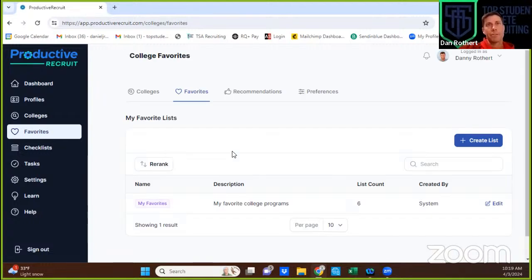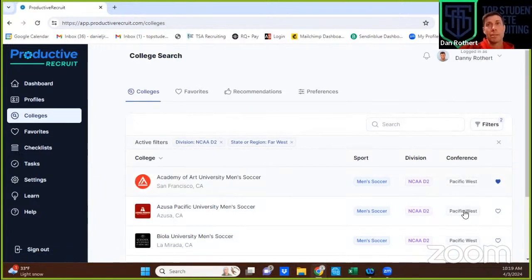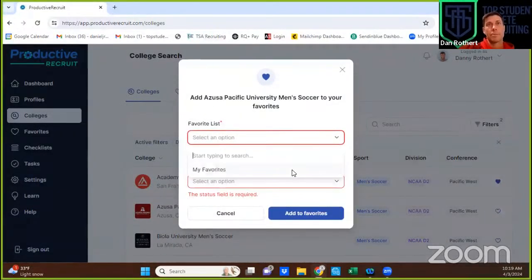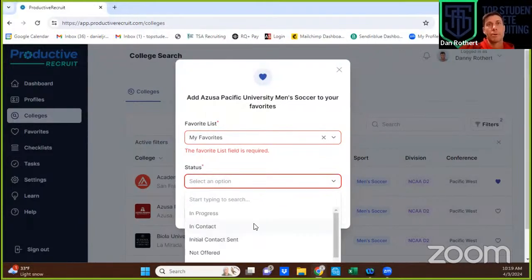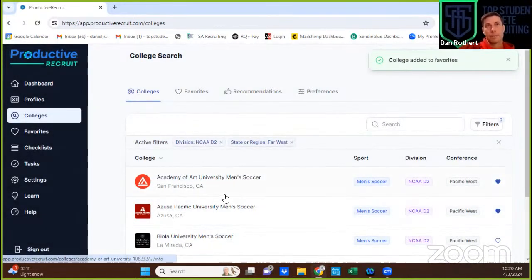You want to add favorites. So as you start them, if I'm in the colleges, and I'm looking at Susan Pacific and I heart them, they become a favorite. My favorites, and then initial contact sent, maybe because I'm going to send them an email. I can keep track of them, and then as I go into my favorites,